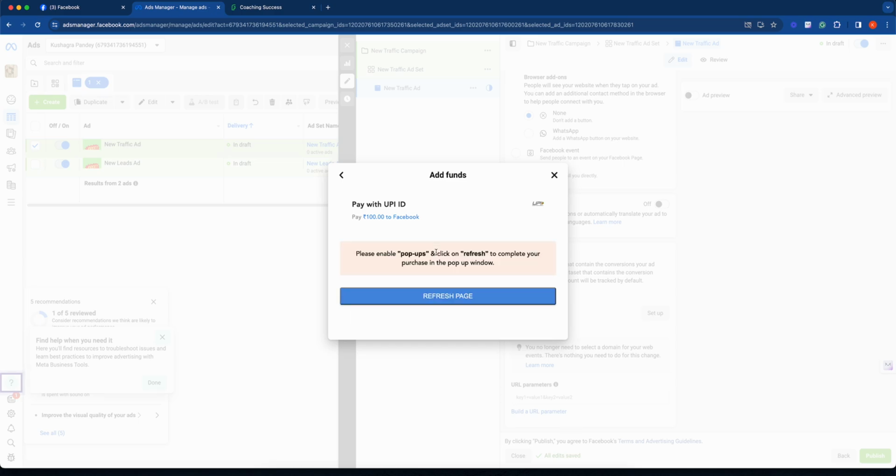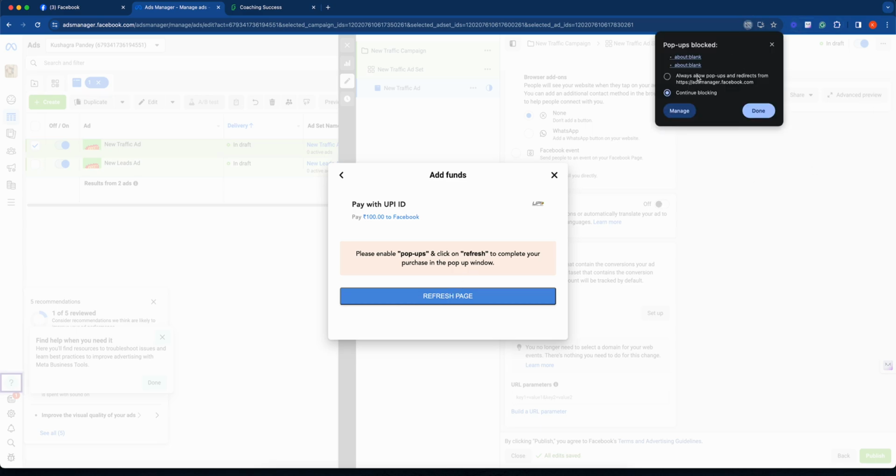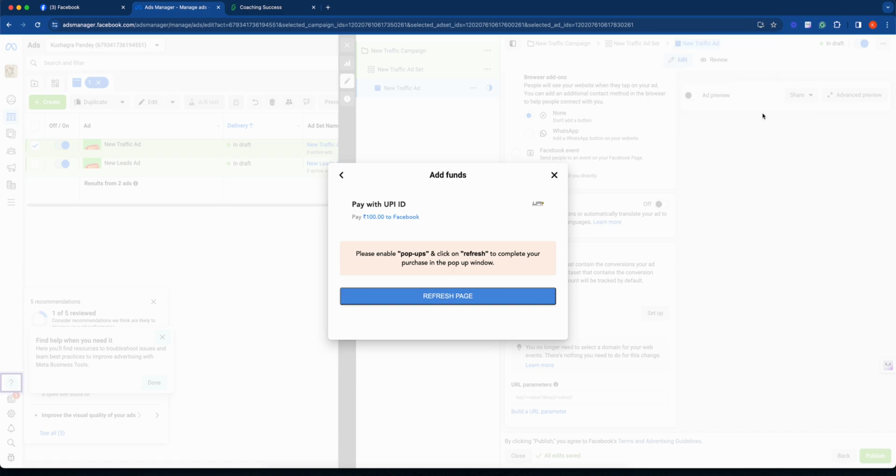A pop-up window to complete your purchase. Okay.